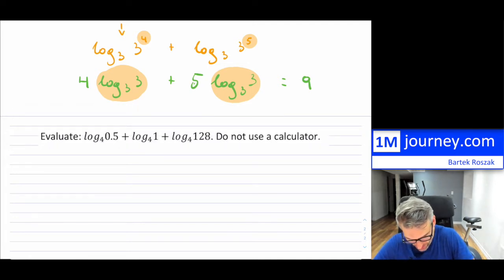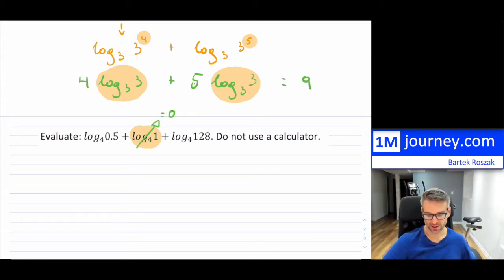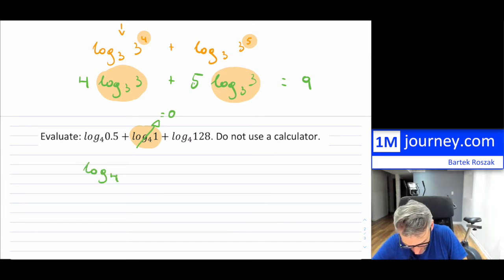We have, all right, so I have log, well, right away actually this one. So log of any base of 1 comes out through the property. This is going to be equal to 0. Okay, so that's one of the properties that we use. So log of any base of the number 1 is 0, because that's the exponent that you would need to make something equal to 1, which really means this is just log of base 4 of 4, plus log of 128,